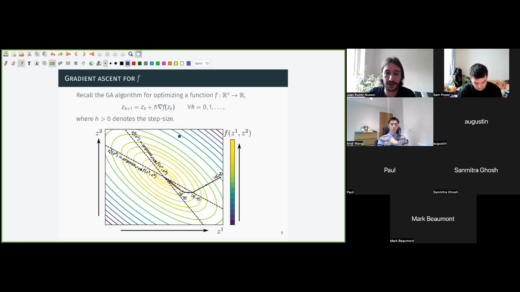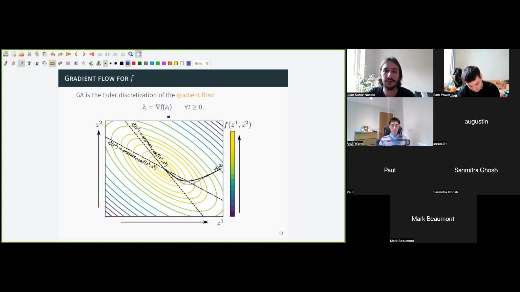So in order to try to look for an analog of this, we're actually not going to really examine the gradient ascent algorithm. We're going to examine its continuous time counterpart. So if you were to take these steps ever smaller, right, and infinitesimally small, you get what's known as the gradient flow. It's the set of ODEs here, and it just says you move smoothly through space, constantly moving perpendicular to whatever contour line you're on right now. And people usually care about this thing here because it's very easy to analyze mathematically, to argue about its convergence, to at least stationary points, reason about its speed of convergence and this sort of thing. So people like studying this thing because it's easier to study than gradient ascent, which is the Euler discretization.